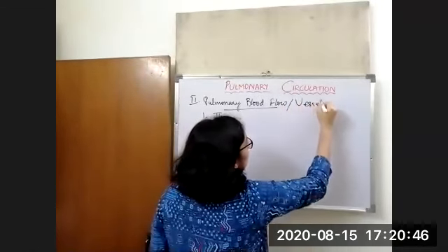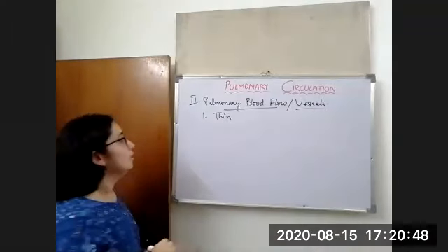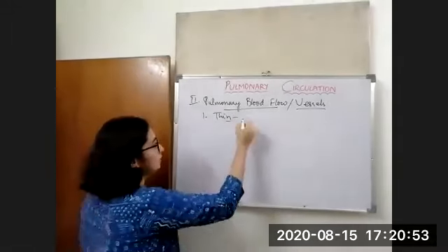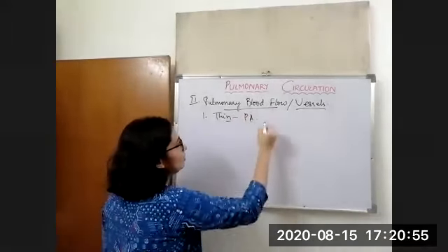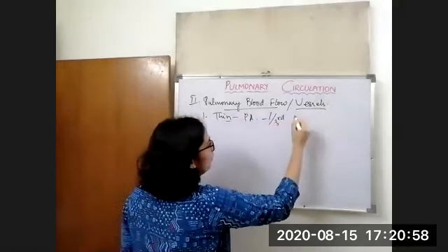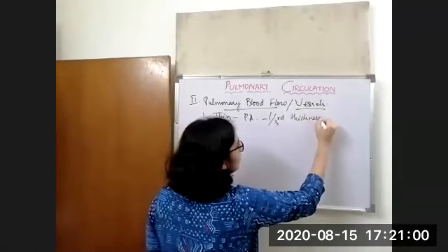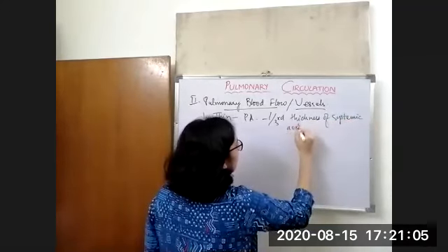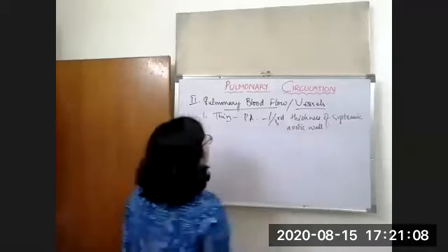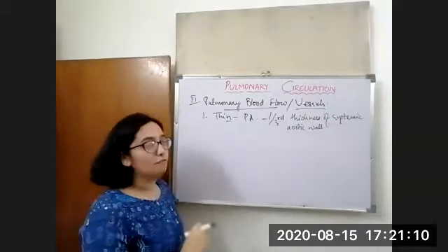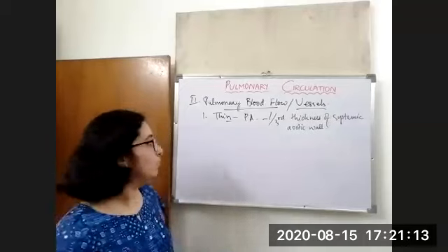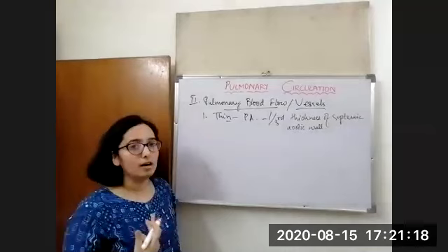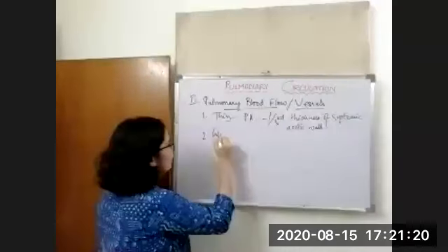So the blood vessels are thin in your pulmonary circulation. Specifically, your pulmonary artery is 1/3 of the thickness of the systemic aortic wall. So the pulmonary artery wall has 1/3 of the thickness of the systemic aortic wall, and all the arteries and veins are thin. Next, they are highly elastic.